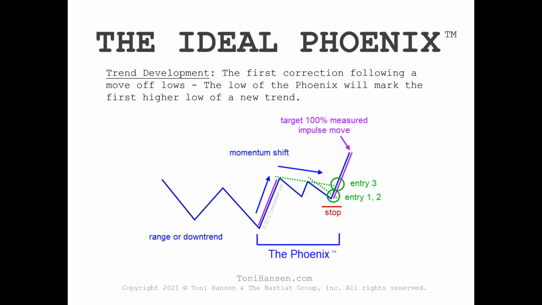So the trend development we talked about, our first correction following a move off of the lows, where the low of the Phoenix will mark the first higher low of a new trend. That is what we're looking at here. Now, if we go forward here and we look at